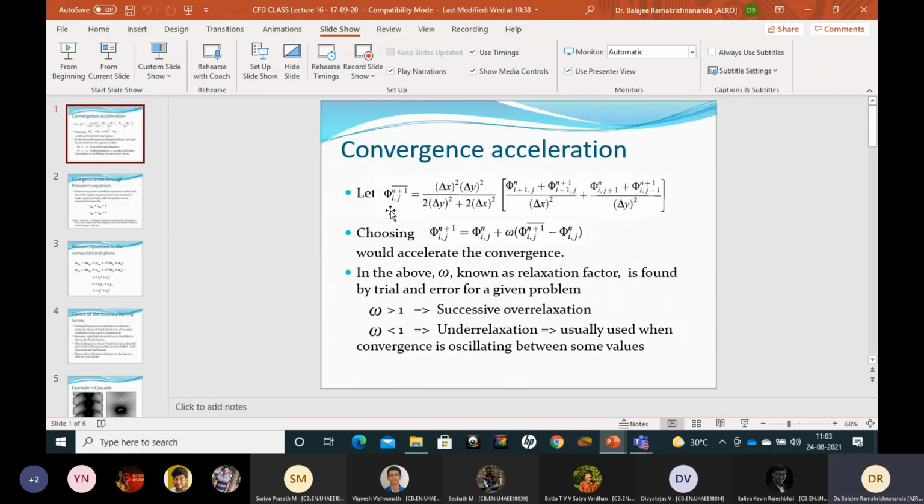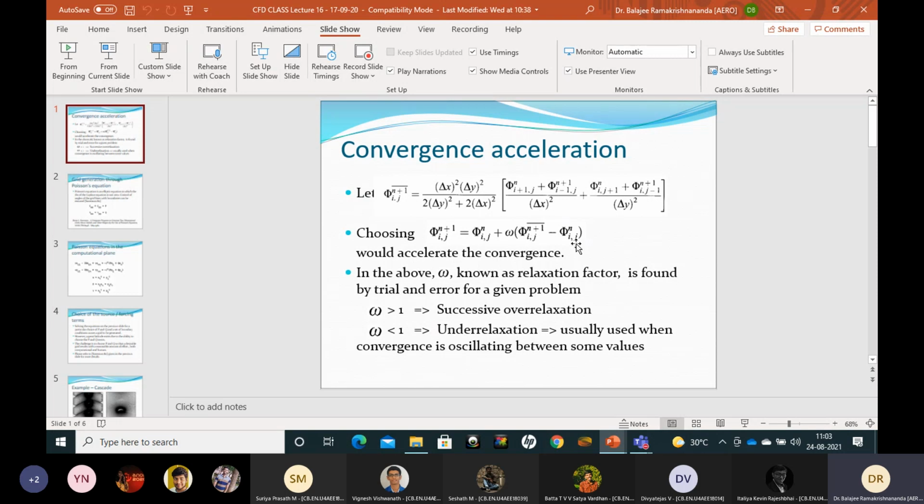Well, now instead of taking this as the final phi, take it as an intermediate value. That's why you put a bar there. So this intermediate value minus the earlier value of phi n. You have to store that earlier value of phi I comma j for this step, so you do need a storage for that. What was the earlier value of phi n, so that you can actually measure the difference. In your program, make sure you don't make mistakes, which will give you a wrong value for this error, or change, the change in phi in a time step.